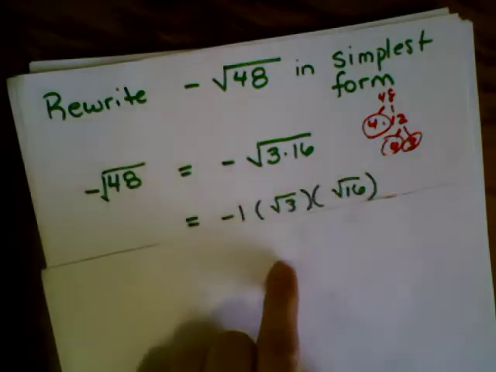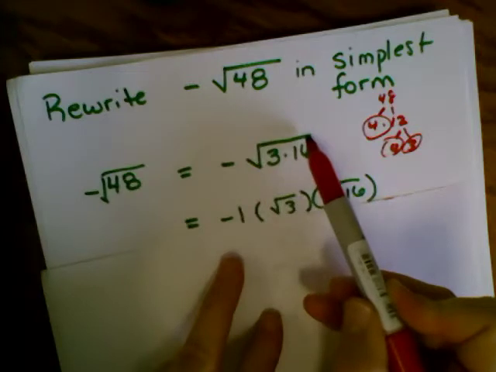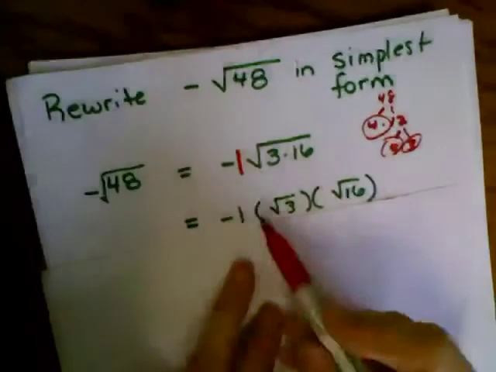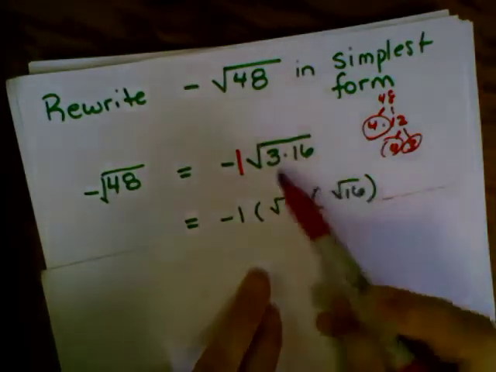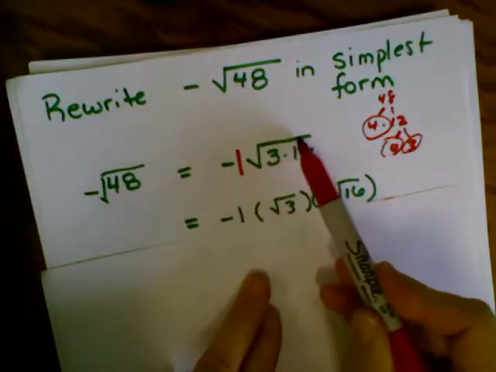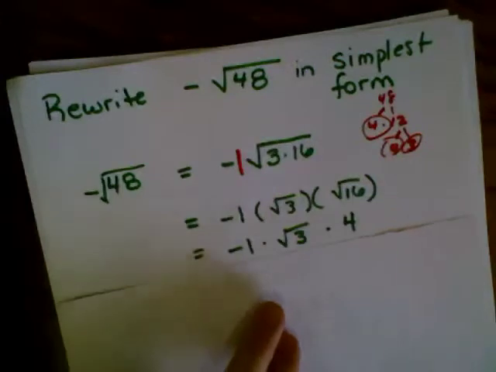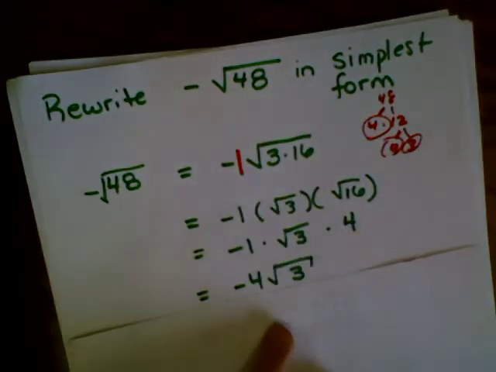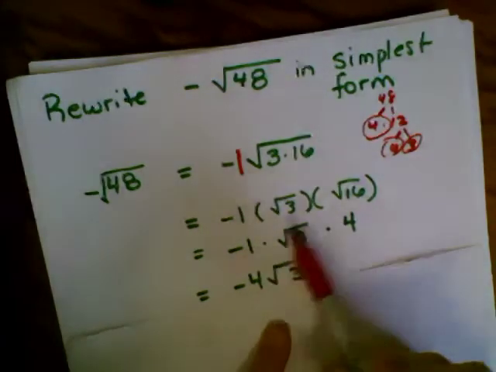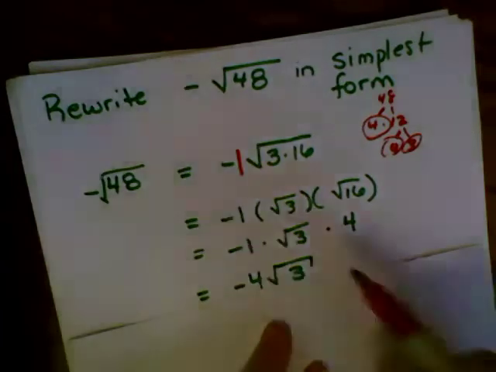3 times 16. So now that I recognize, since this is the opposite of a square root, there's an understood coefficient of -1. So I get -1 times square root of 3 times square root of 16. Because if you have a product under the radical, then you would have the square root of each of those factors. The square root of 16 is positive 4. I can commute 4 to the left and multiply -1 times 4, and I get a coefficient of -4 times